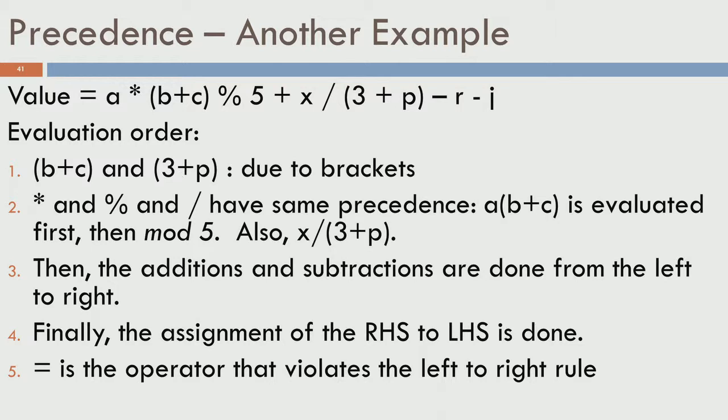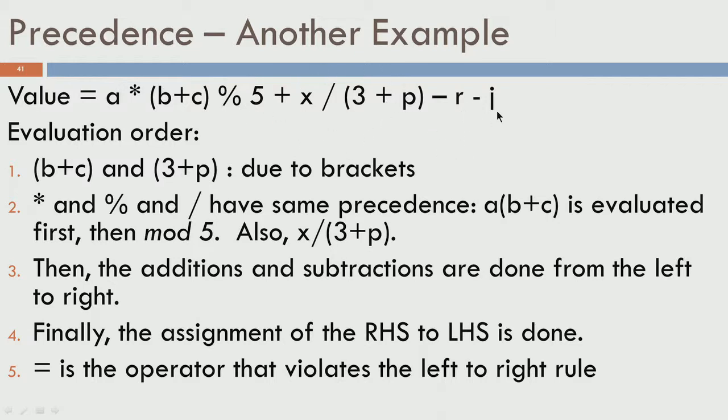and once you have it, star, slash and percentage have the same precedence and you have star and percentage here. So, star comes before percentage in the program order. If you look at it from left to right, star comes before percentage. So, star will be performed before the percentage. So, A times B plus C is evaluated and then you do it modulo 5 over it. Similarly, when you have x by 3 plus p, 3 plus p is evaluated already. So, you will do x by that. At the end of it, you will have some value for this whole expression, some value for this whole expression,